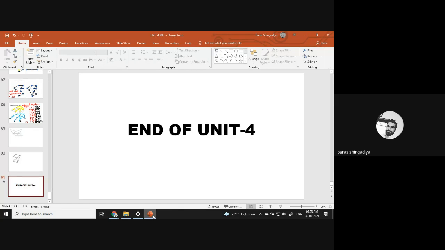Here, that is completely for 6 mark questions. And then the concept of tree, there are two theorems: one is for n minus 1 edges, and the second is that there is only one path between any two vertices in a tree. Then the definition of binary tree is also important for 3 marks. And at last the definition of spanning tree, minimum weighted spanning tree, and the Kruskal algorithm to find a minimum weighted spanning tree. These are the main topics in this unit, and all are now covered.